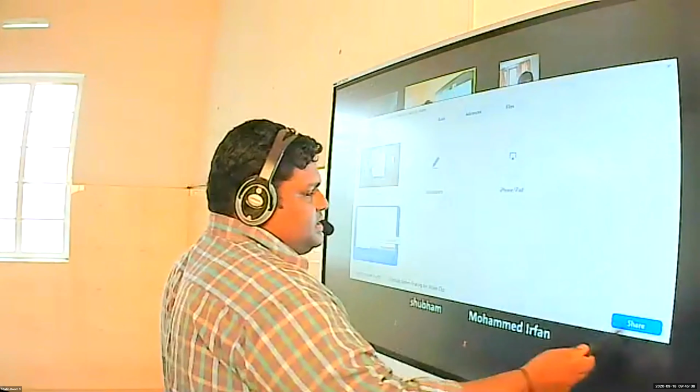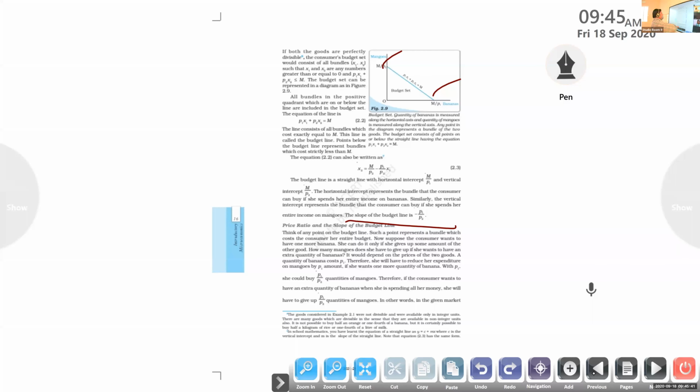See one more time, you can see here, this is the limit. Related to mangoes, if the price of a mango is 5 rupees, a person can purchase a maximum of 4 mangoes only. Understanding or not? So here only one vertical line will be there. If we are always spending money only on bananas, all 20 rupees, we can find a flat line here, unable to purchase mangoes. Is that idea clear?